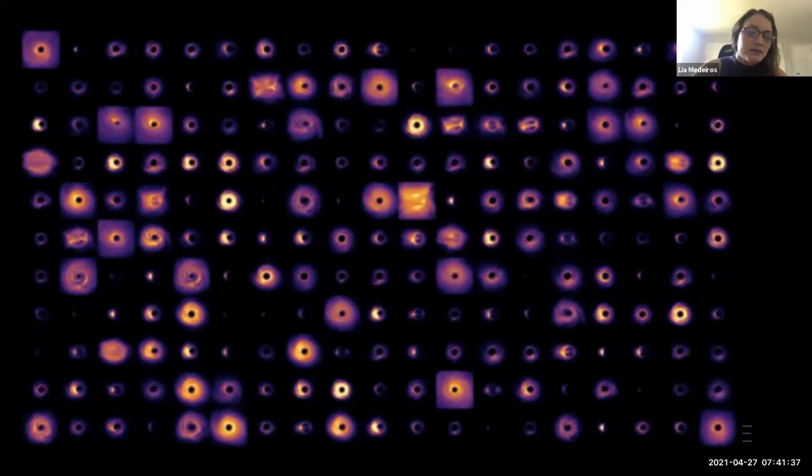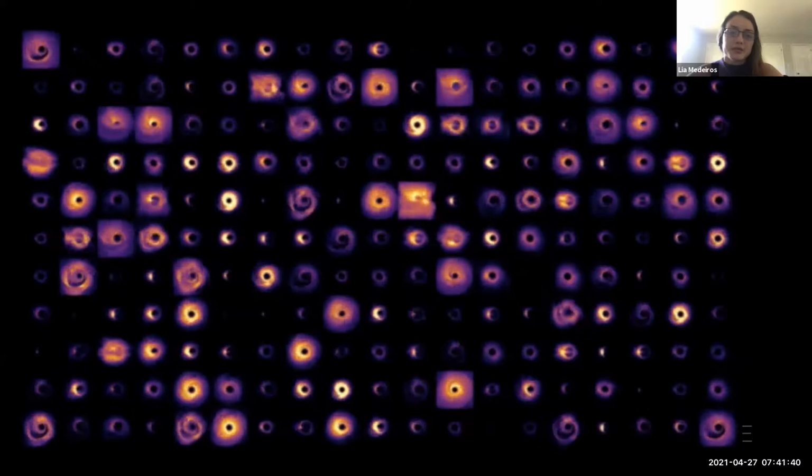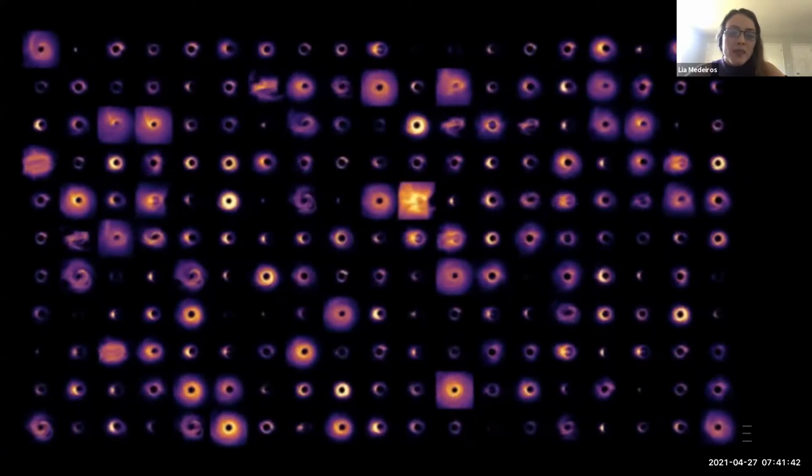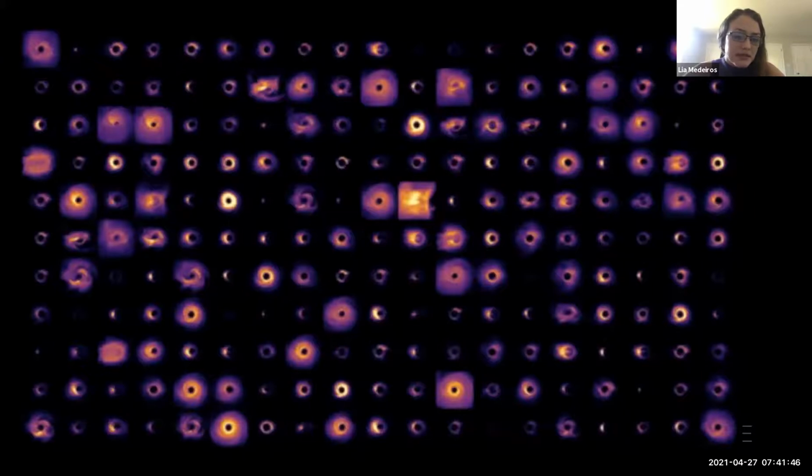And so this is a really important aspect of what we're trying to do here, is that we're including simulations in our PCA data set here that are not necessarily consistent with what we expect for this particular source,